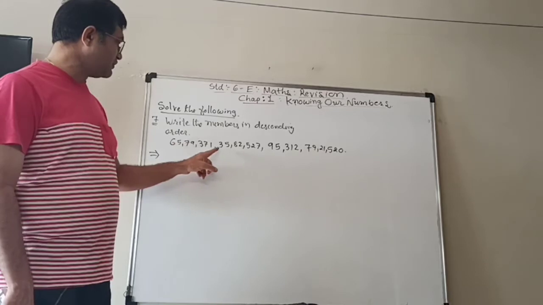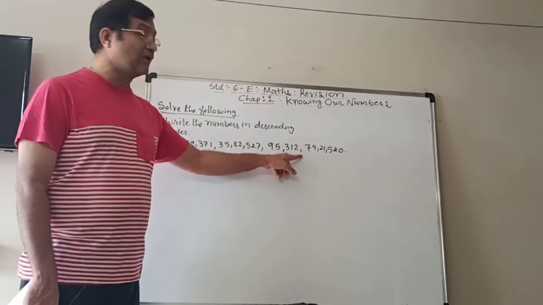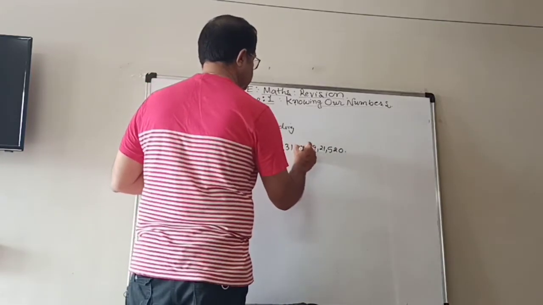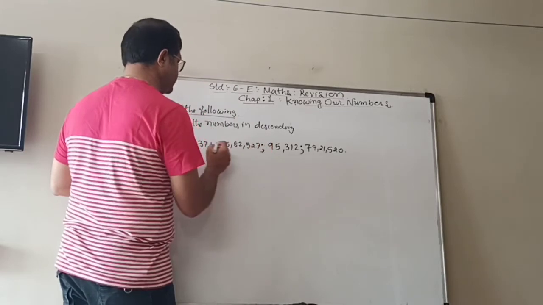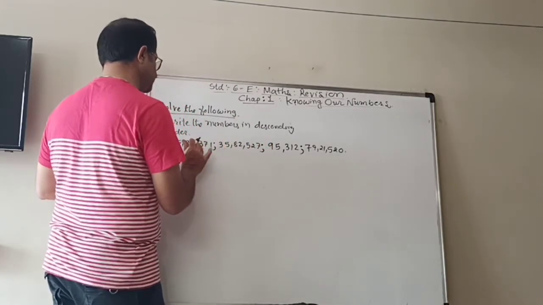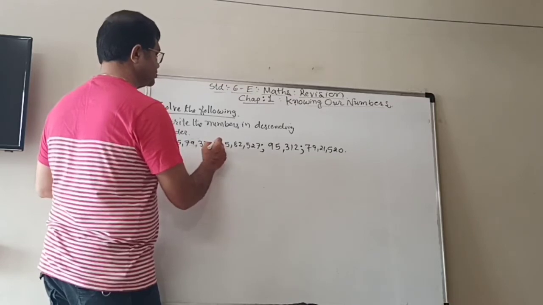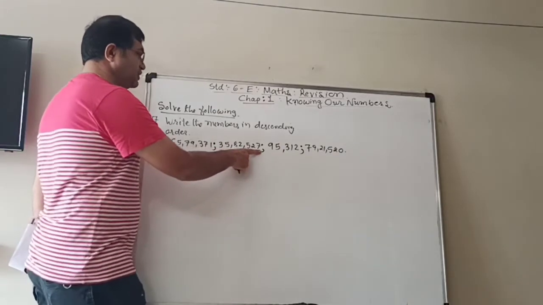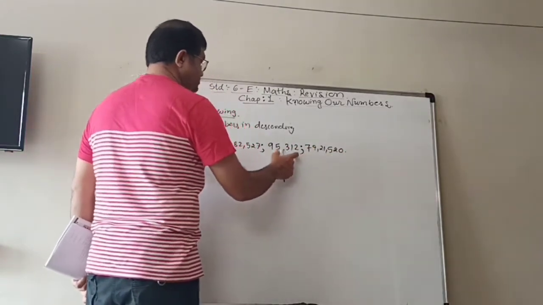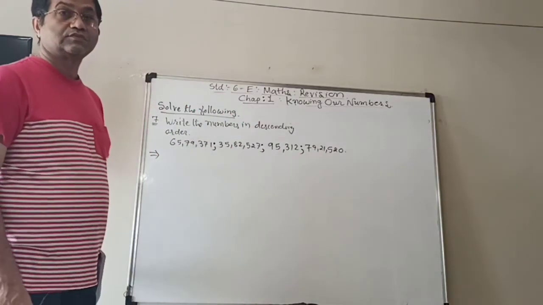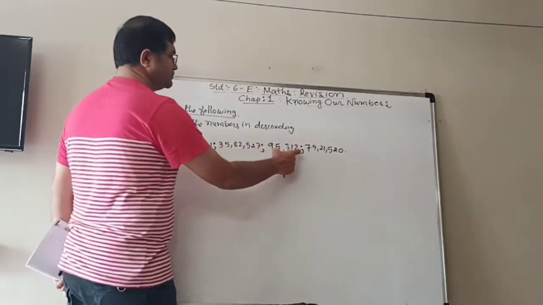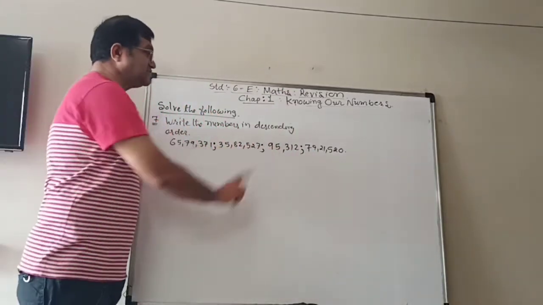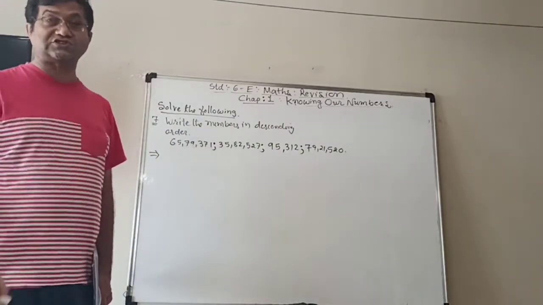1, 2, 3, 4, 5, 6, 7. 1, 2, 3, 4, 5, 6, 7. 1, 2, 3, 4, 5. Let's separate them like that, then we know that there are separate numbers, otherwise confusion. So now this is a 7-digit number, this is a 7-digit number, this is also a 7-digit number, but this is only a 5-digit number. So we know that the 5-digit number will be the smallest one, so that one will go at the last. Now all the others are 7-digit numbers, so now we can start with the first digit.